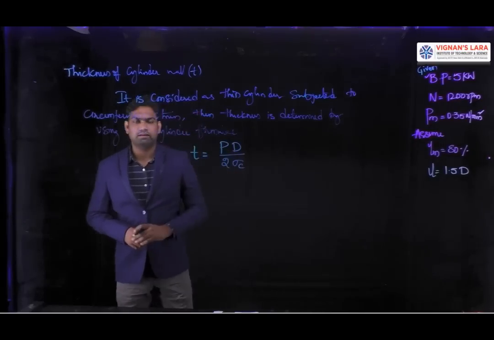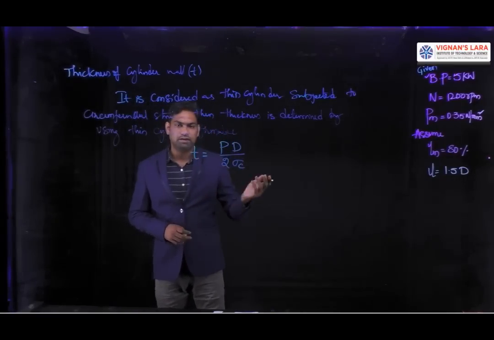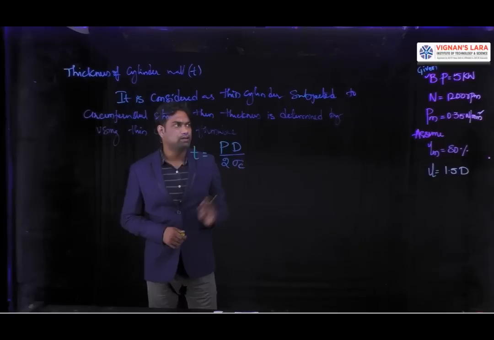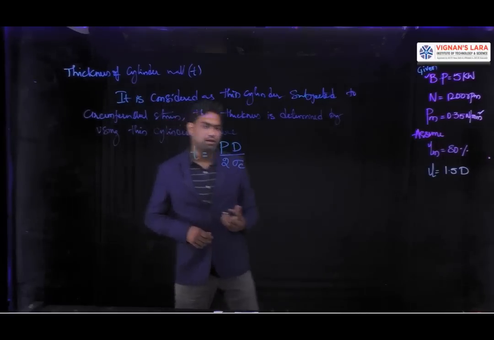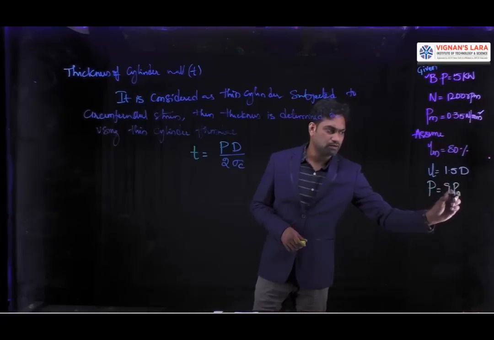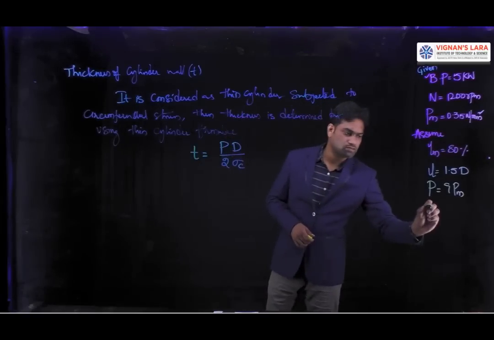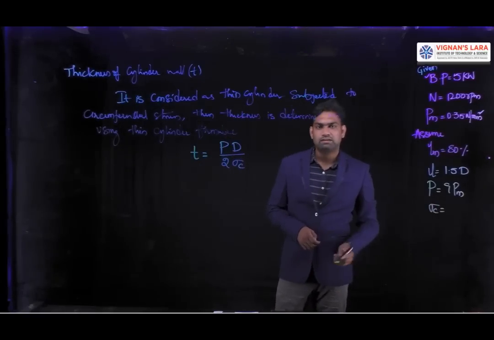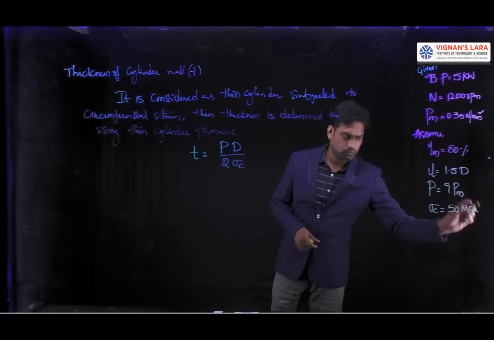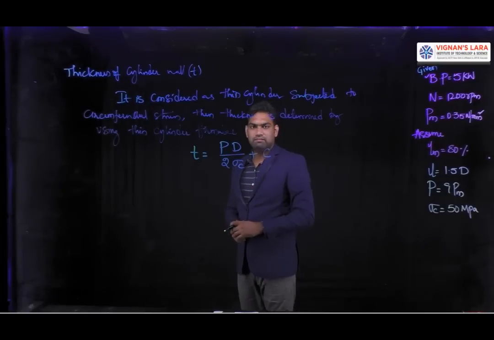So here in the data, the diameter is calculated, so capital D is 115 mm, and P is the maximum pressure that is not given in the data, only mean effective pressure is known. So again I am going to assume the maximum pressure as 9 times of mean effective pressure. And sigma c is also not given, so I can take the circumferential stress for the cylinder wall material as 50 megapascal. And then plus c, that is a reboring allowance, we need to mention it.